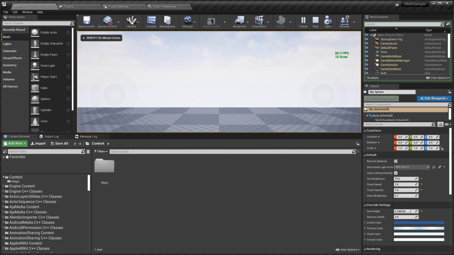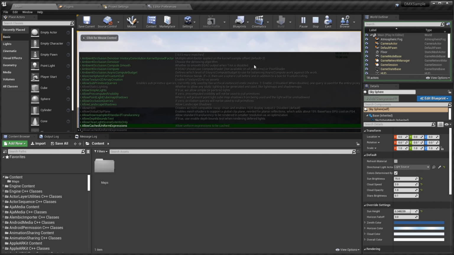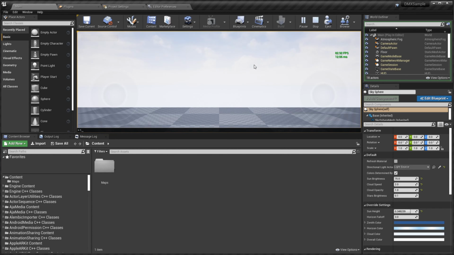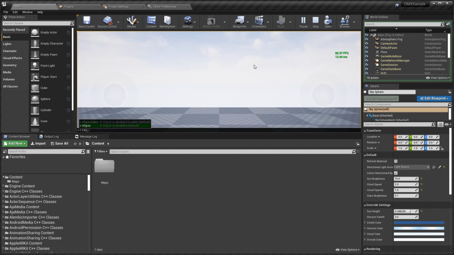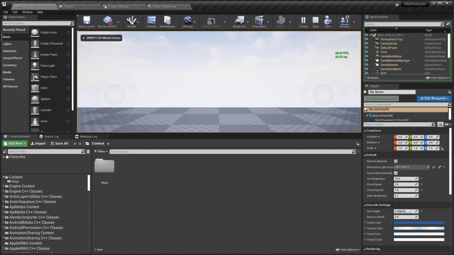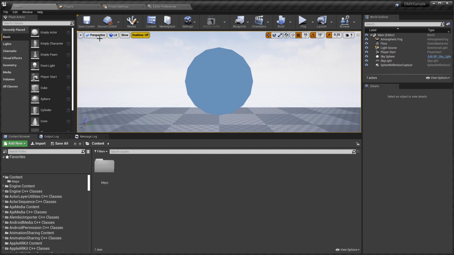Yep, I need to turn it on every time I open the editor because I have not put it in an engine config file yet. r.vsync editor 1 caps out to 30 FPS. Perfect. Okay. So now that we have done that, and again, the recording should be good,